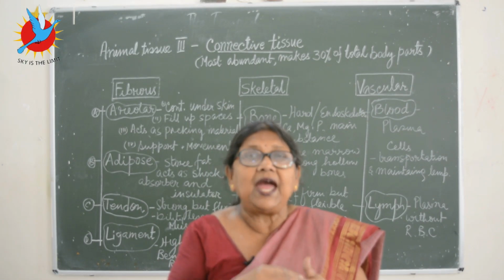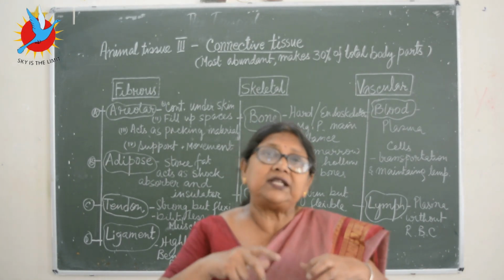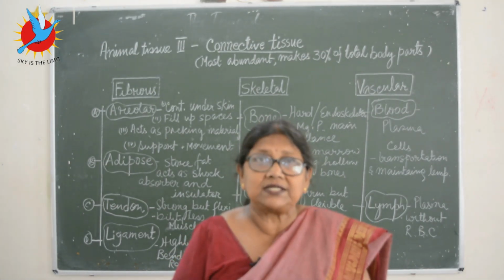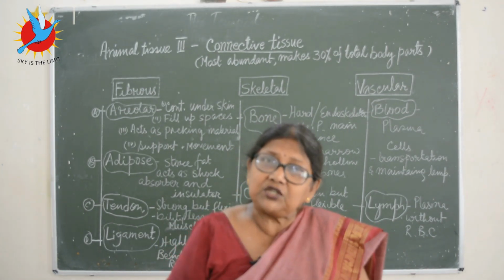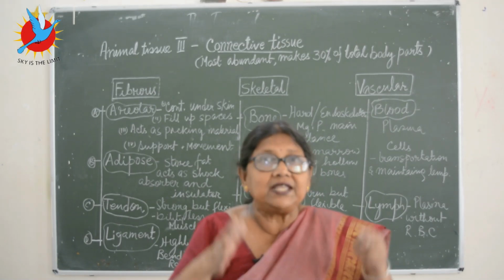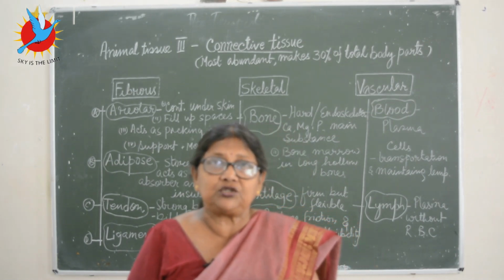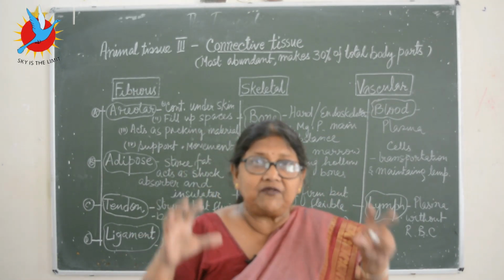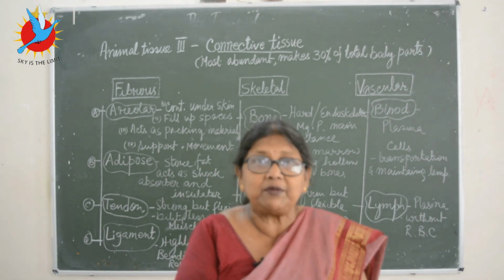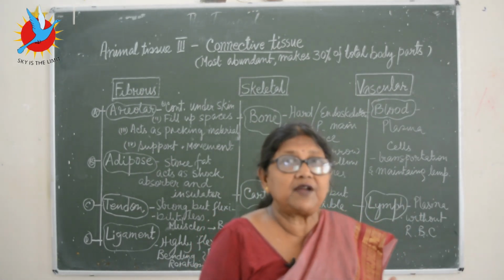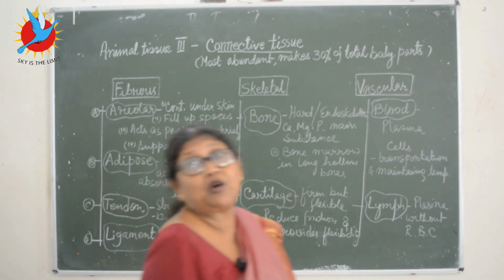Keeping connection. Suppose your mummy is packing something in a box. When we pack things made of glass, which can break, we put paper stuff in between so that they will not move and will remain in their fixed place. Same way, connective tissue is also called the packaging tissue. Why? Because it connects all the various important organs and keeps them in the proper place. They are not able to move.